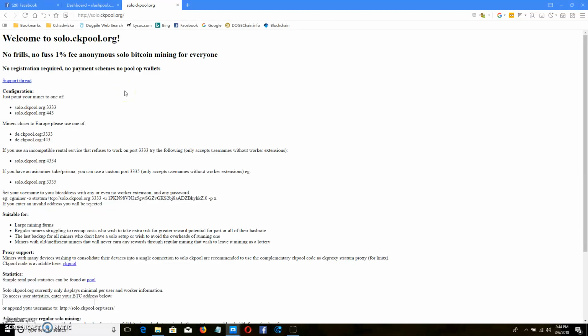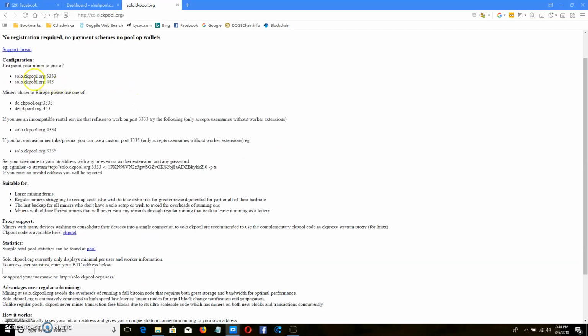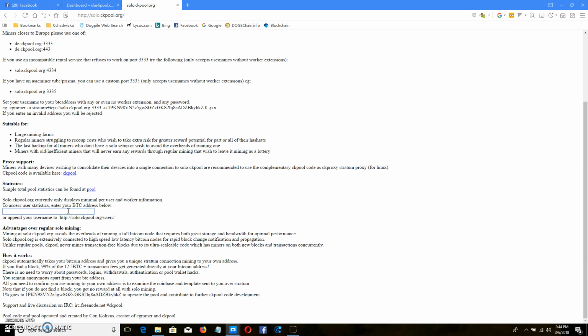Coincidentally, I have a 3.6 gigahertz Intel i7 core with 16 gigs of RAM, and it still doesn't work very well. But here's the stratums, and that's stratum plus TCP. That's what I use to mine. And you can put your Bitcoin address in there,